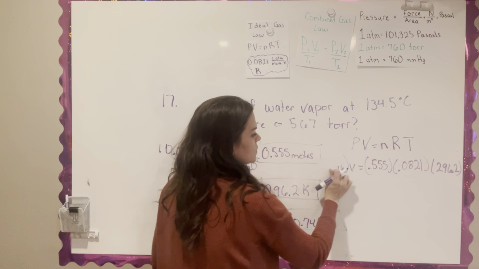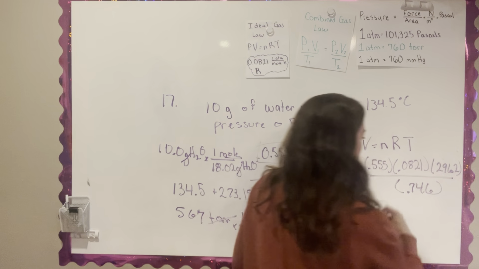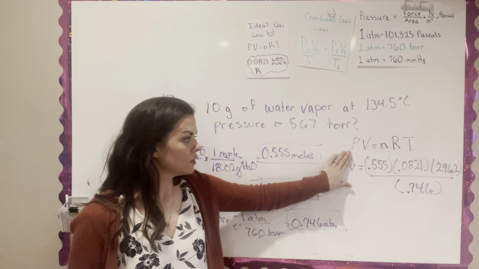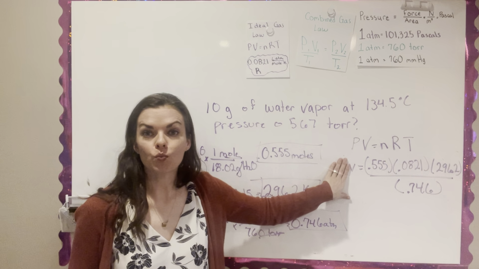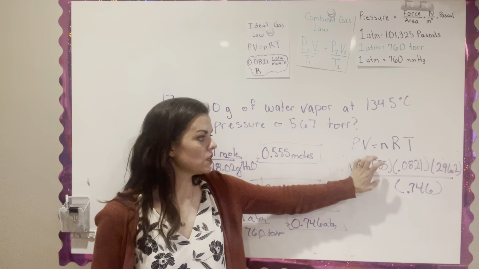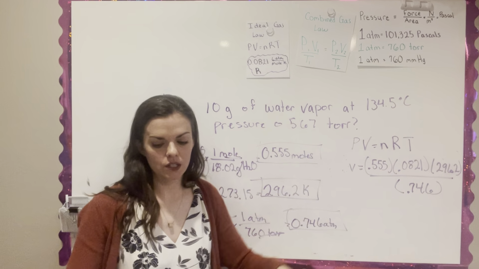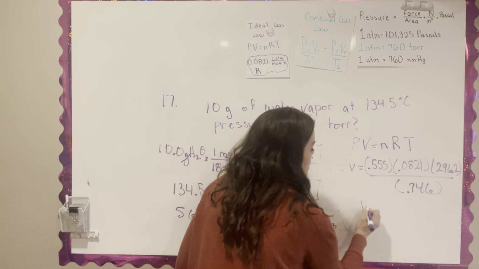I would move the pressure over here, and I would put this all in my calculator in one step to limit rounding errors. Just make sure that everything above the line is in parentheses and everything below the line is in parentheses, and you get a volume of